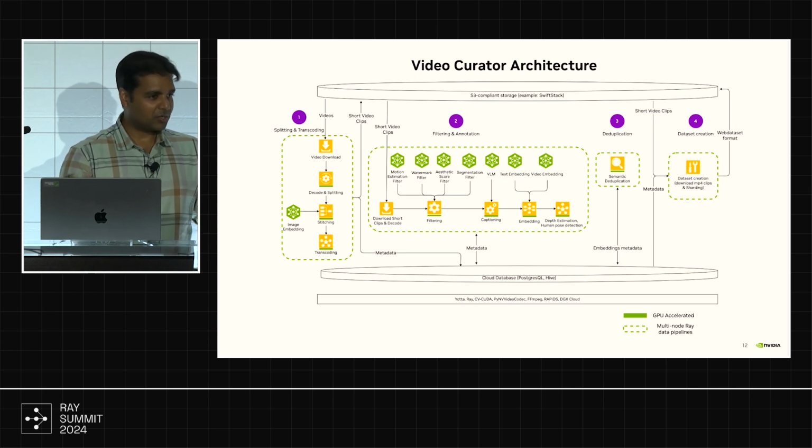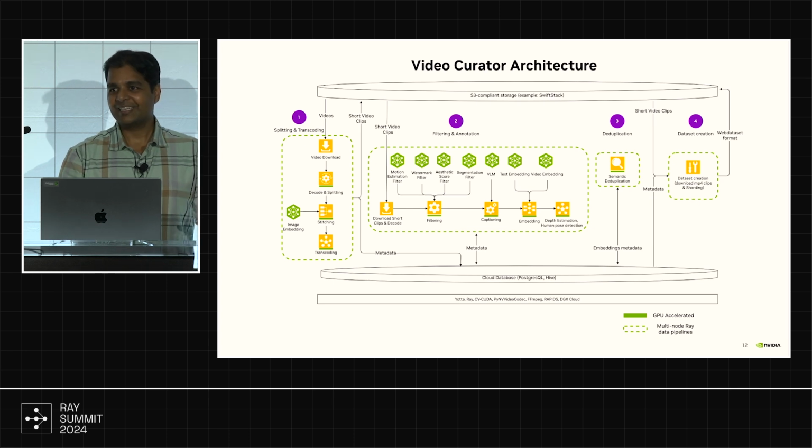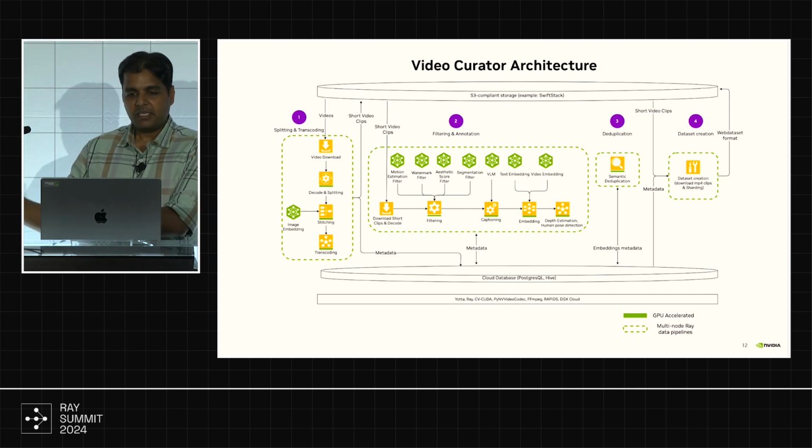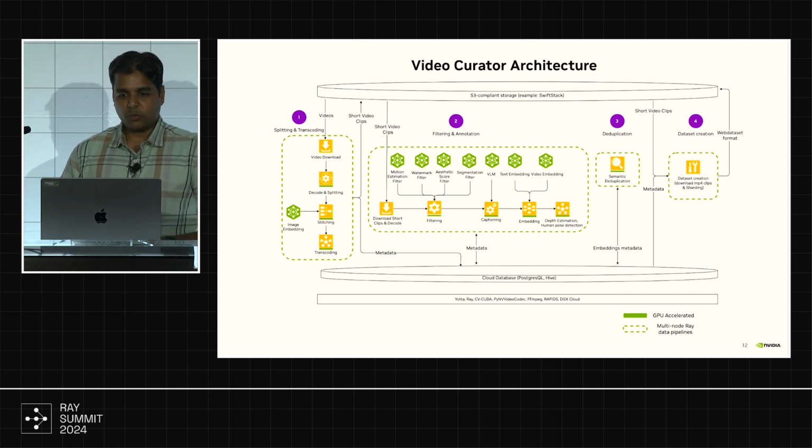The third step is we find there's a lot of duplicate data, sometimes within a video and a lot of times across videos. So if you have a popular basketball match or a movie trailer or something like that, it's the same set of video all the time. You don't want to over-index on the same amount of data, right? So we do a lot of semantic deduplication as well, and that's also a distributed GPU job. I'll talk about that. Finally, we create these datasets and then upload them back to S3.